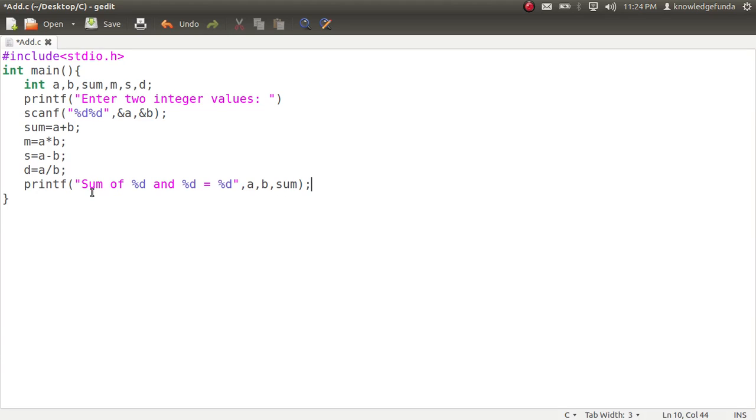So what it will display is the sum of a, that is whatever value is in a, and the value of b is equal to the sum, that is the total. Okay,